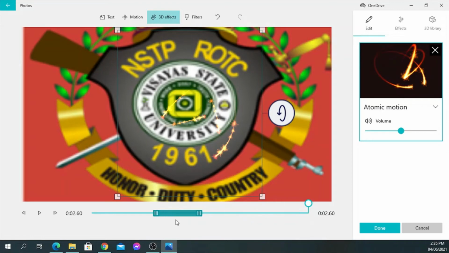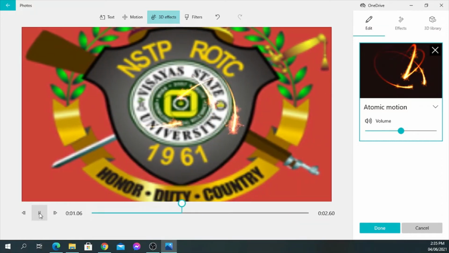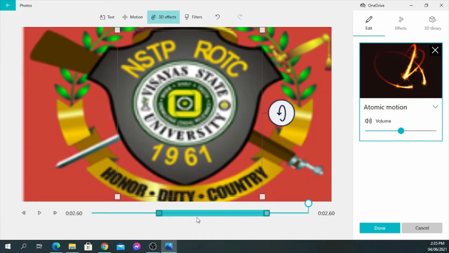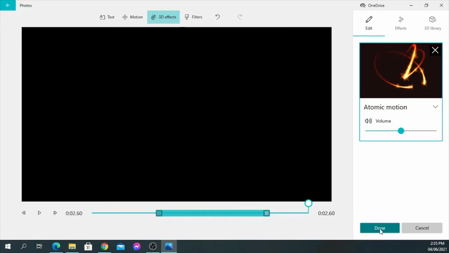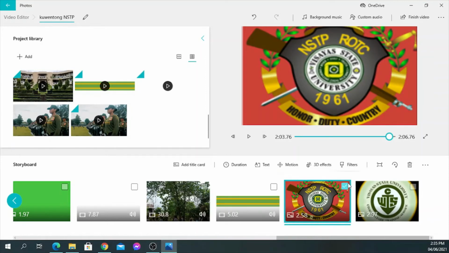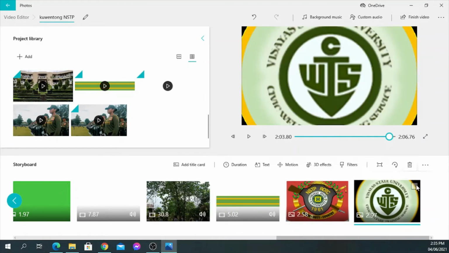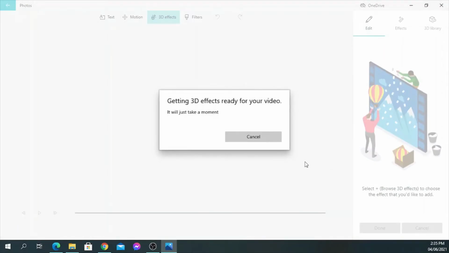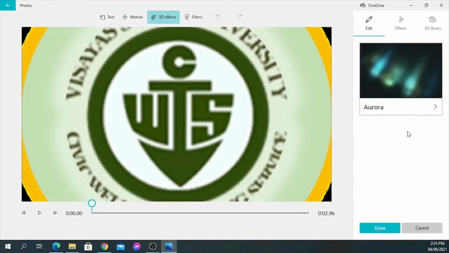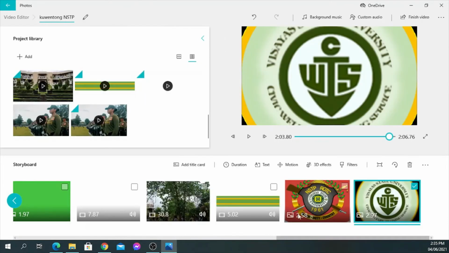Should be somewhere here. Preview. Oh, that's interesting. Hit done. Let me see this one. Earlier I chose Aurora. Okay, I think that's fine. So I think we have already used this